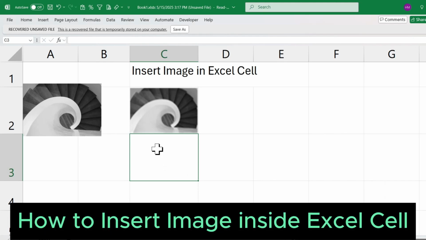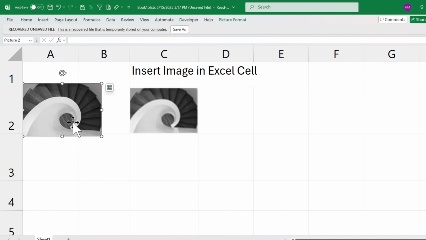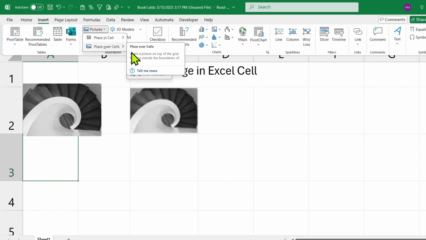Do you want to insert an image inside a cell in Excel? Let me show you. For example, I have an image like this and insert it like this. If you copy or insert an image from anywhere, here we have two options: place the image over the cell or inside the cell. It depends on you, but let me try it